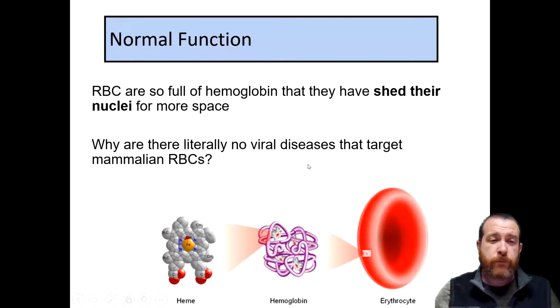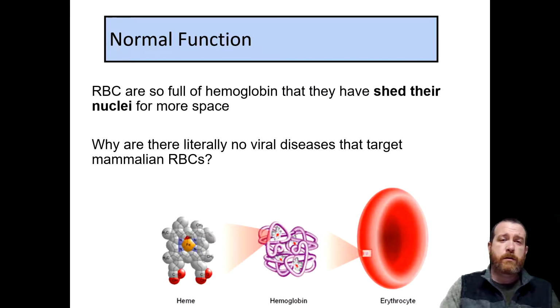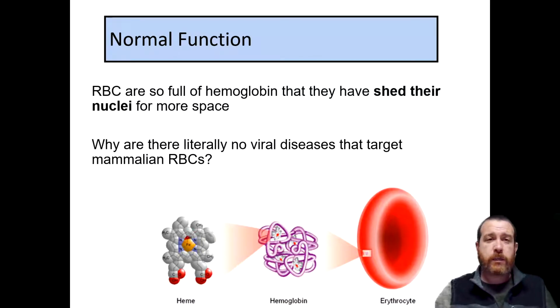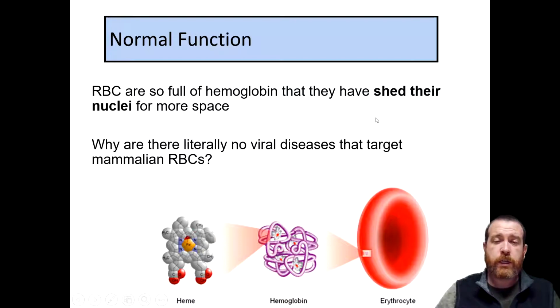Hemoglobin are so devoted to their base function, right, carrying oxygen, that an individual erythrocyte is actually going to eject its nucleus, right? They shed their nuclei. That's the final stage at which they become an adult erythrocyte to go out into the world and do their job. There's a cost and a benefit. The cost we've talked about in the previous pathophysiology,